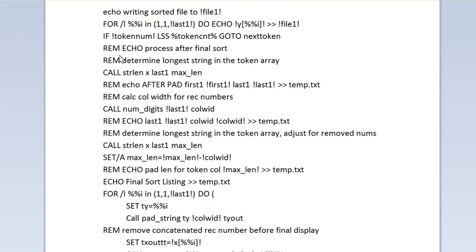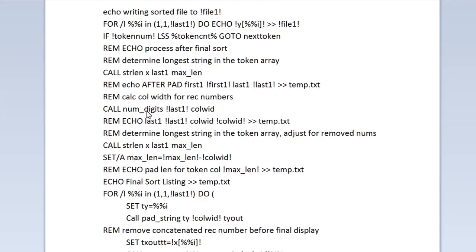So that's what I'm processing now, a listing of the final sorted file. This routine determines the longest token in the token array. The reason I need that is I'm going to pad them up so that they line up nicely on the output, and I don't want any extra padding. So this tells me what is my longest string in my list of tokens,